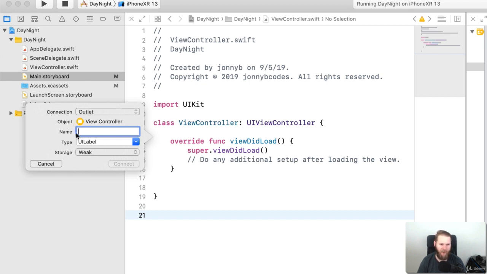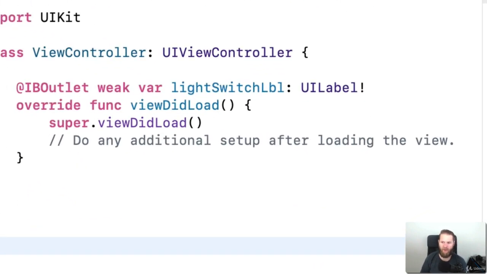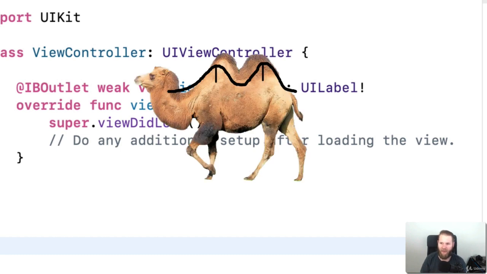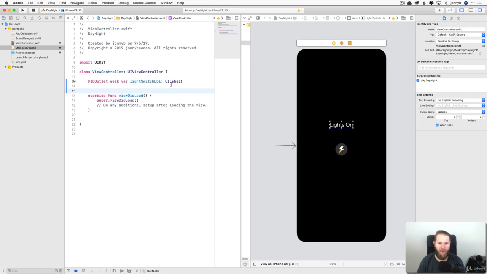And we have a few things here. We're not gonna go over too much, but we want it to be of type outlet connection. And then we're going to give it a name, okay? And we're gonna call this lightSwitchLabel, okay? Now notice the way I wrote this, with the first letter being lowercase, with subsequent words capitalized and no spaces. This is called camel case and is the prevailing style in Swift. So now our viewController file knows about this lightSwitchLabel and will be able to change and modify its